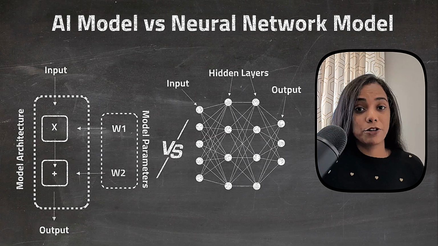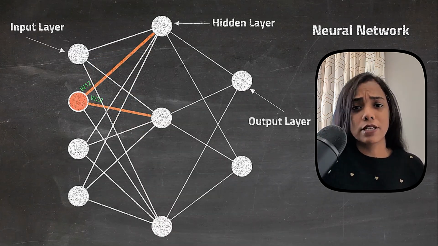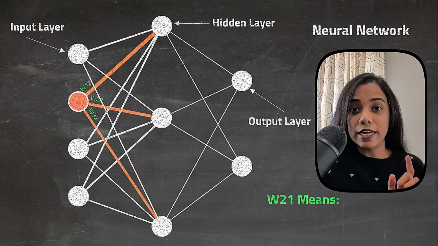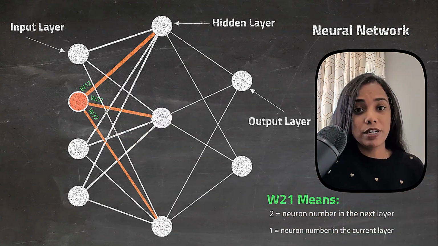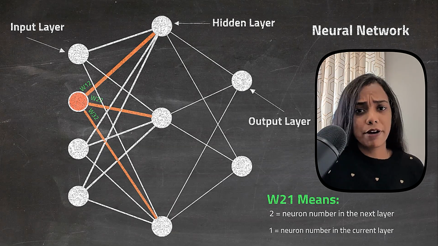This is a really important point. These parameters are not explicitly shown in the architectural diagrams of neural networks, typically just to keep it simple. However, each connection that you're seeing here between any 2 neurons is associated with a model parameter. You can call them model weights, model parameters, coefficients, weights, etc. These are the unknown values that are associated with the model.